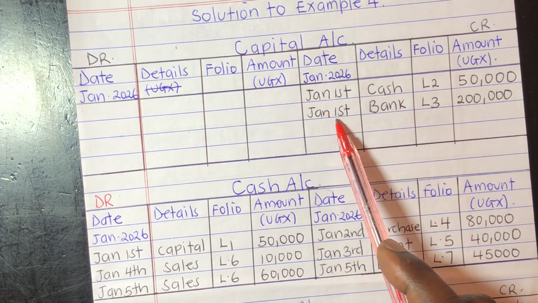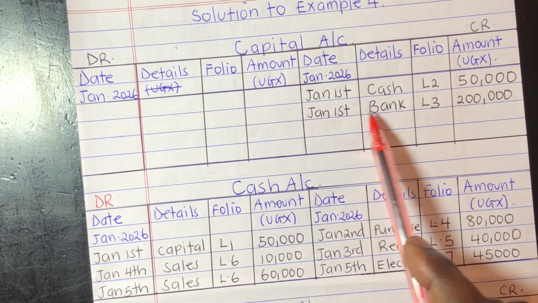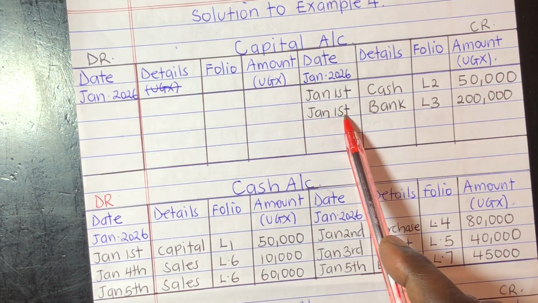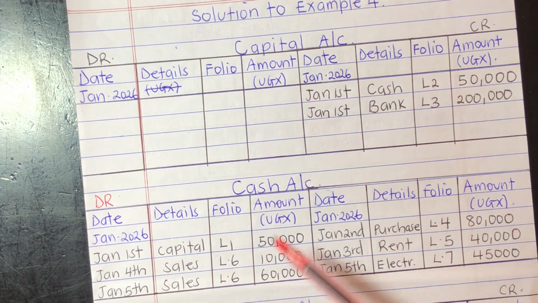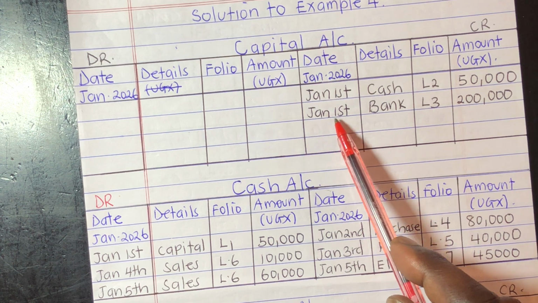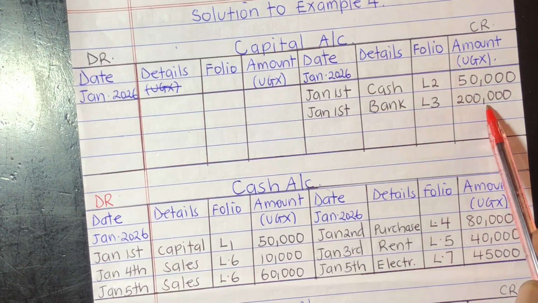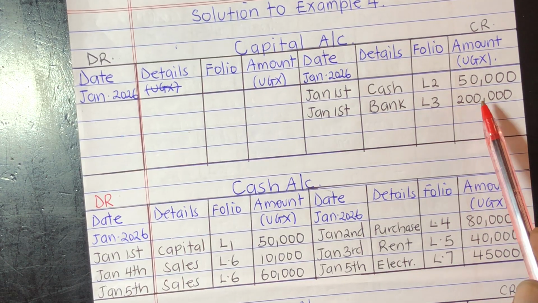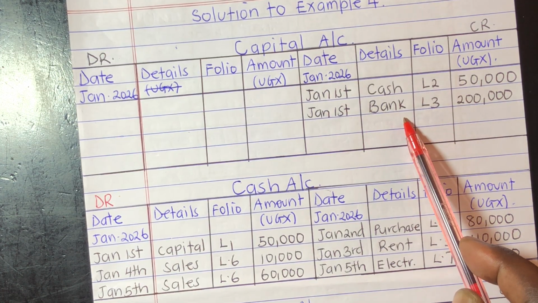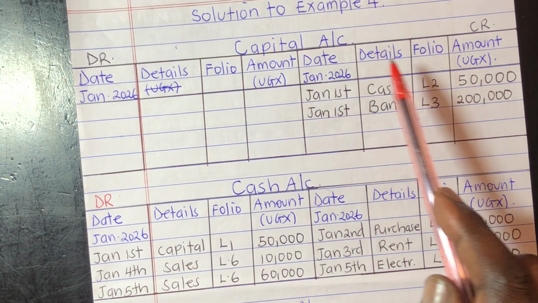So we are going to credit capital, because capital is increased by 200,000 and it was getting money from the bank. So we credit capital. We said if capital increases we credit it. So capital was increasing and at the same time losing out money to the bank account for business startup. So we record this transaction as January 1st. It was receiving from the bank, and our bank is ledger 3, and then record it in the amount section. Then we come and also record this, because the accounts here were bank and capital. So we record it on the credit side in the capital account, and